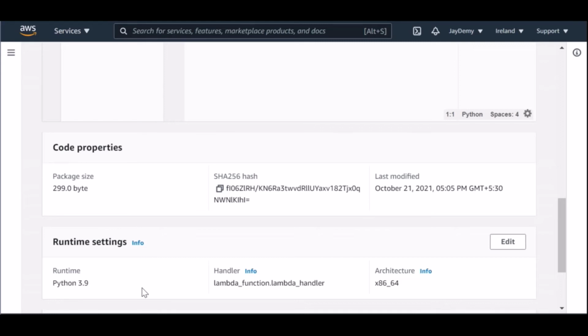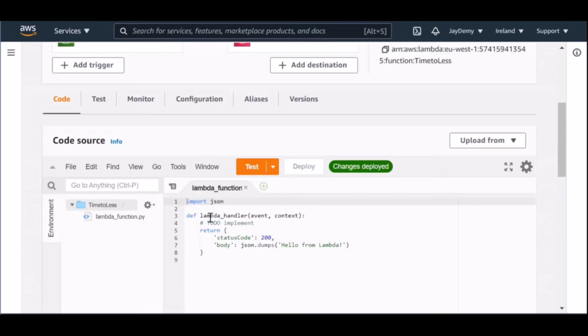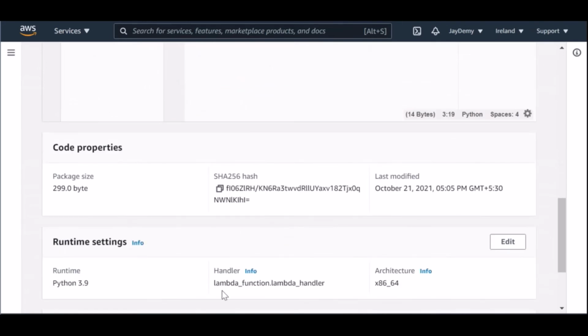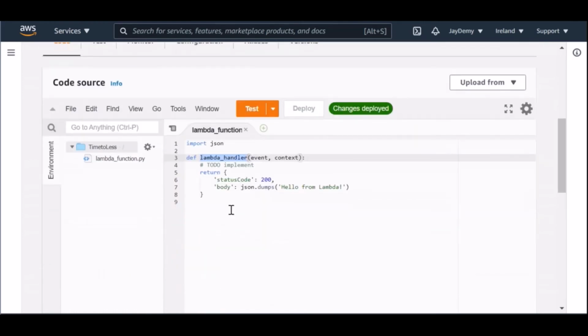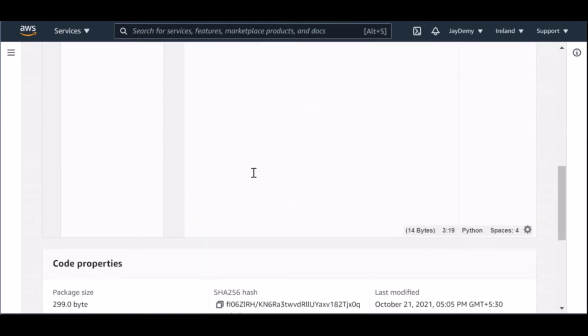Whenever we create a function, we choose the runtime, which supports only a few languages. The handler is lambda_function.lambda_handler. Lambda_function is my function name and lambda_handler is my main function.